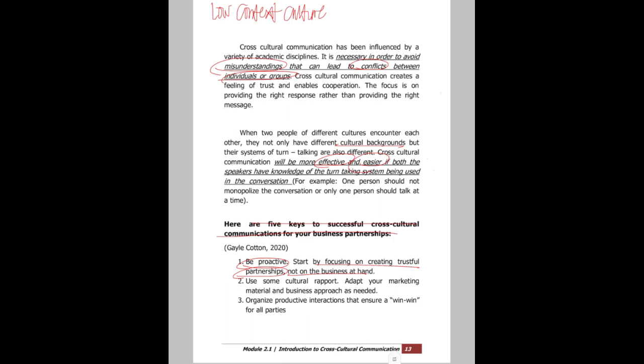Number 2 is use some cultural rapport. So, ano ba pag sinabi nating rapport? So, when we say rapport, this is harmonious relationship. Ibig sabihin, we need to build harmonious relationship towards other people, regardless of what culture they are. So, adopt new marketing material and business approach as needed. So, since i-adapt mo na din naman yung culture nila, why not ipasok natin sa marketing strategy yung gusto ng